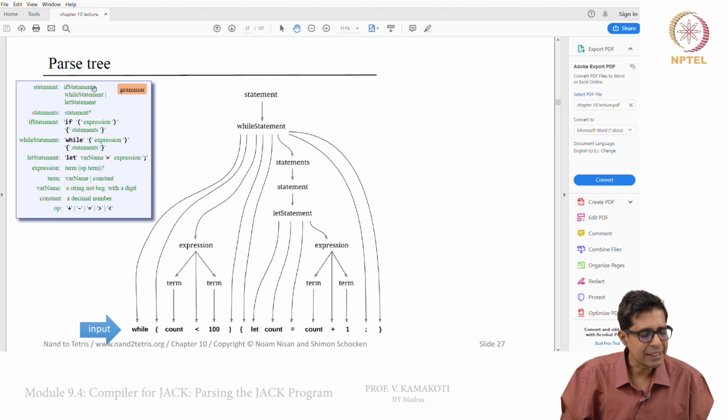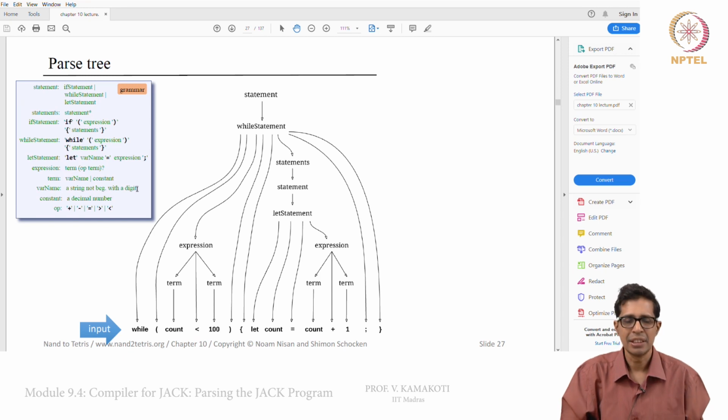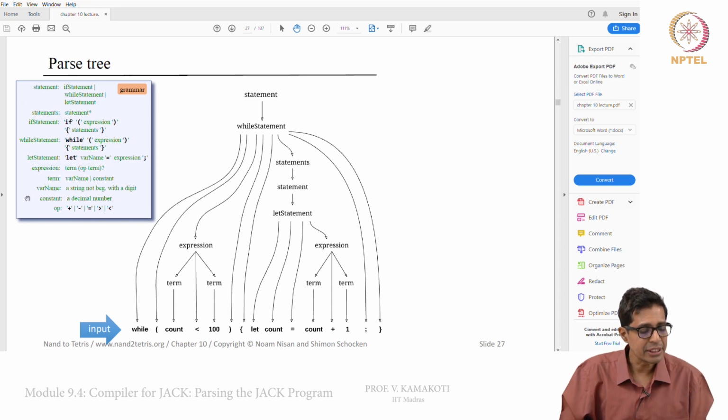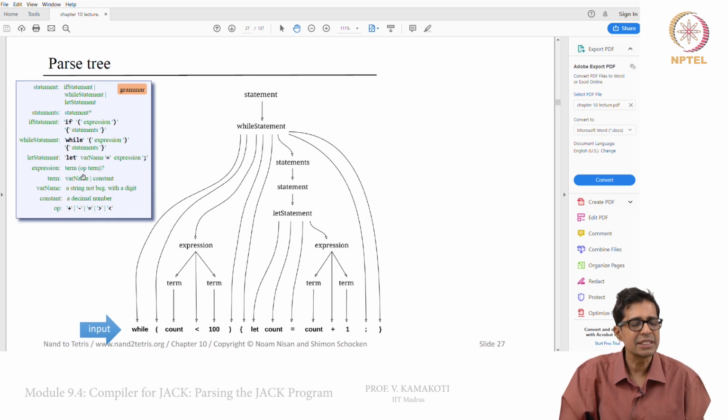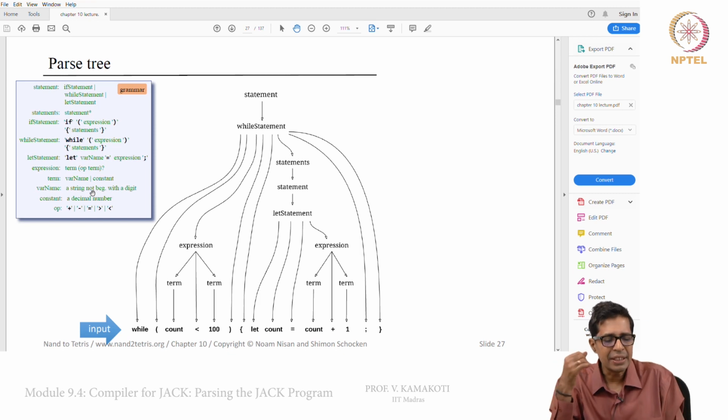So in this whole scene, there are at least two cases, in the case of statement and term, where I have a choice. When I land up with a statement, should I go for if or while or let? If I land up with a term, should I use a var name or constant, right? And similarly, when I look at op, should I use plus, minus, equal to, less than, greater than? At any of these instances, I never need to